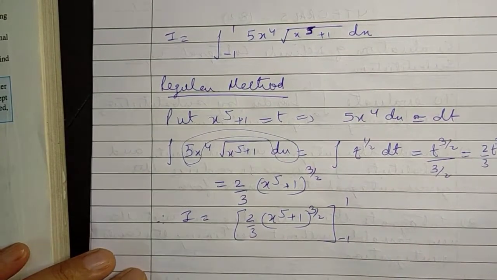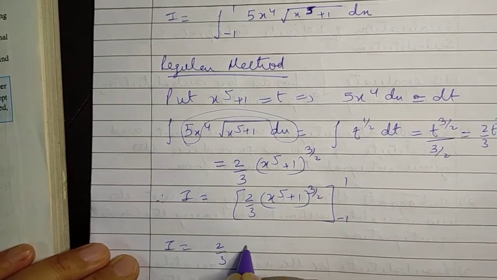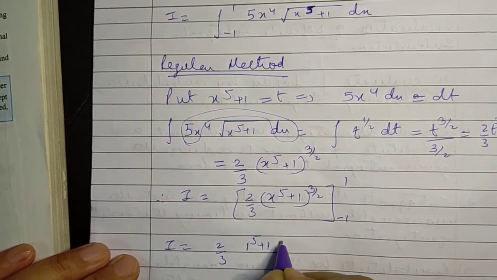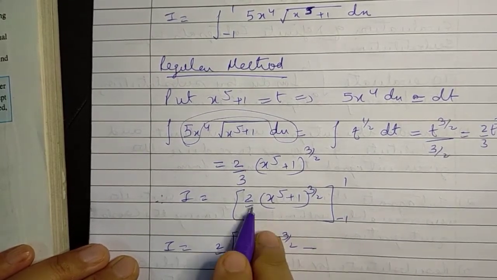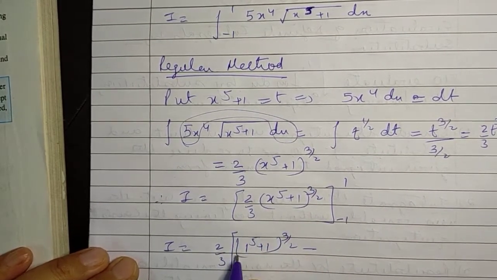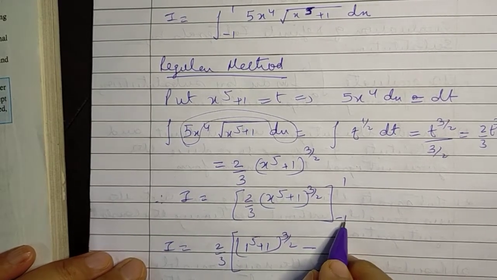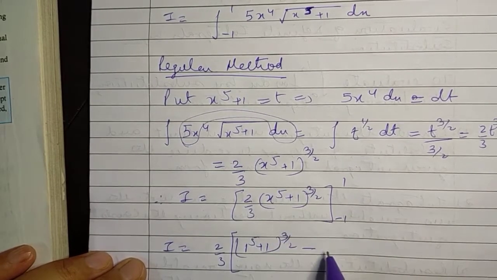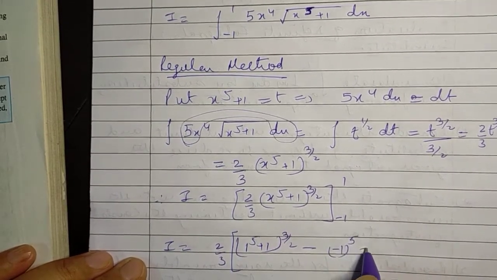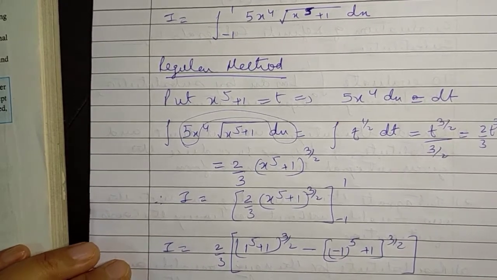When we substitute the values, we get I is equal to 2 by 3 times 1 raised to power 5 plus 1 whole raised to power 3 by 2 minus, 2 by 3 is common to both the terms so we'll let the 2 by 3 remain outside, minus, you substitute x equal to minus 1 in the function, we get minus 1 raised to power 5 plus 1 raised to the power of 3 by 2,